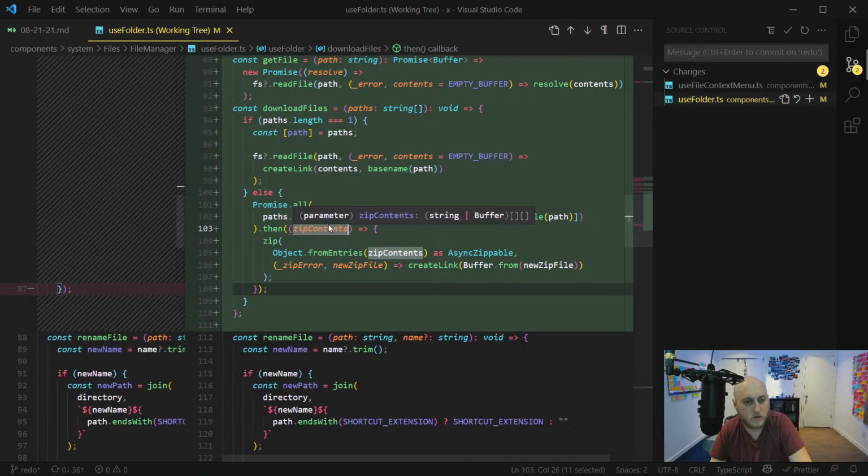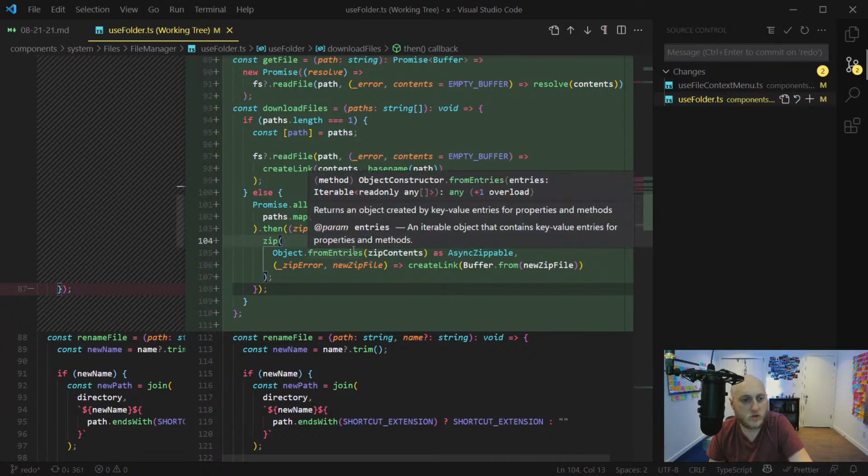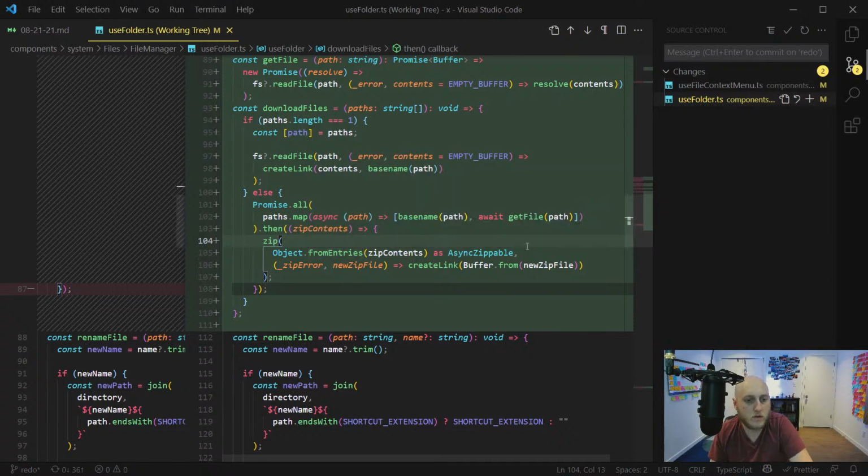So once it's got all those in, you get an array. That's not true. Oh, that's a weird way that it decided to type that. If that's how it thinks this is going to come back, okay, sure. But yeah, it's going to be an array of arrays, I guess. It'd be an array that has arrays in it, and each array inside it has a file name and the buffer. And then this Object.fromEntries turns the file names into the keys and the buffers into the values,